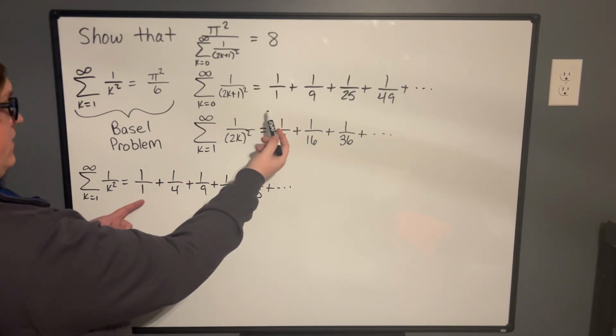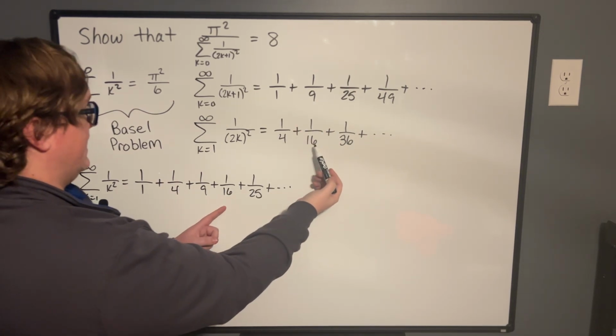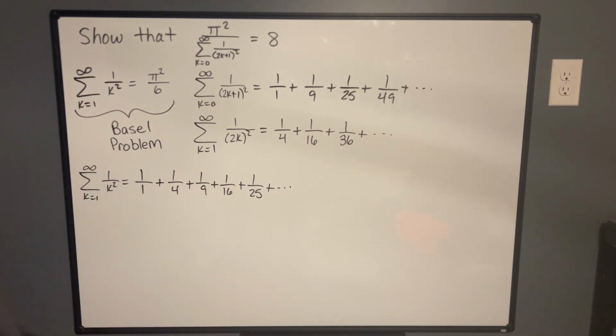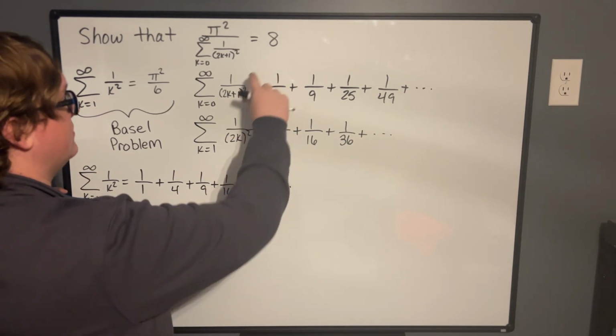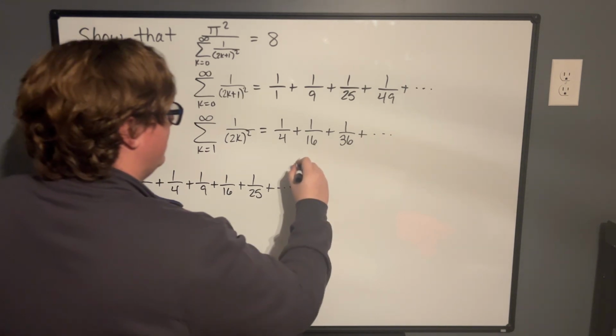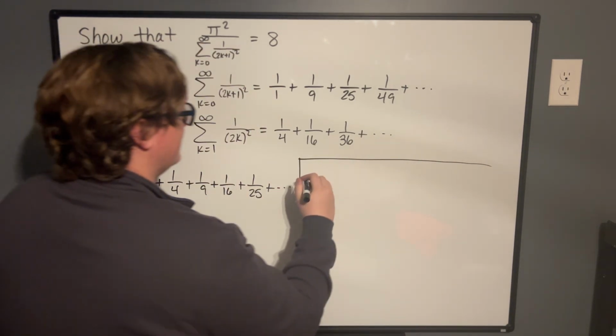We have 1 over 1 right here, 1 over 4, 1 over 9, 1 over 16, 1 over 25, and if we kept going, we'd get 1 over 36, 1 over 49, and it would match it forever. So that tells us that this sum, the sum of the Basel problem, is equal to these two sums added together. Since we know that the Basel problem's sum is pi squared over 6, we can say that